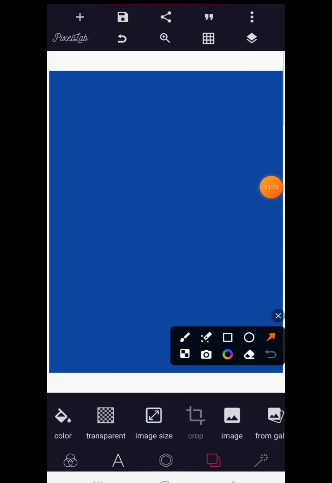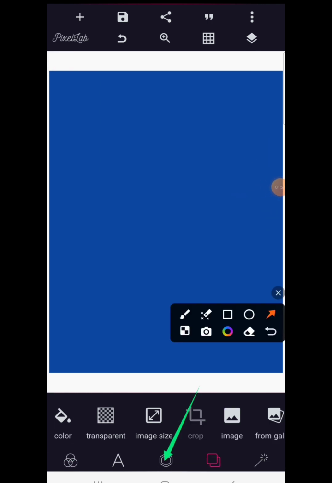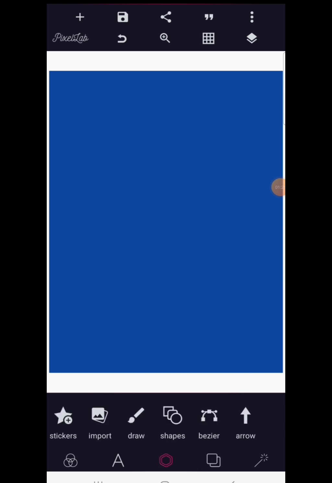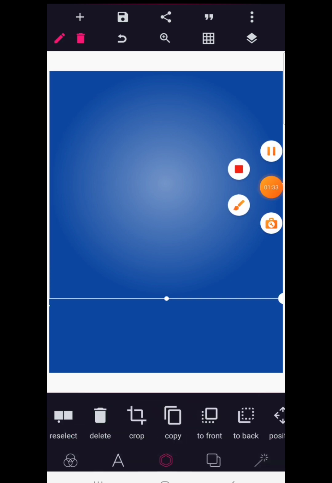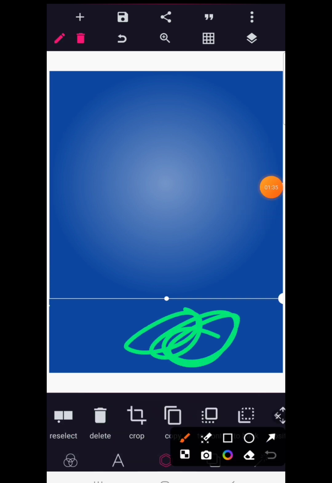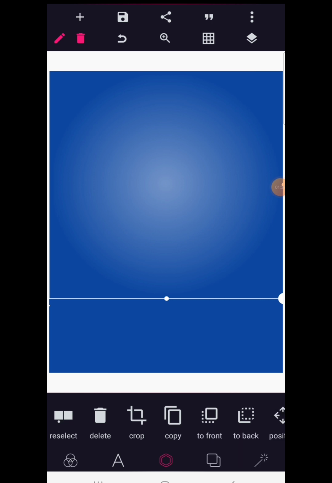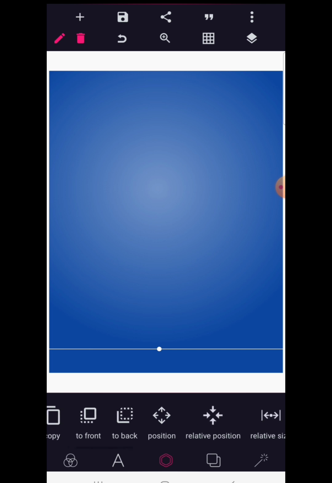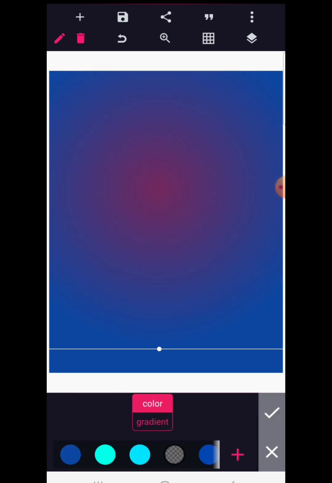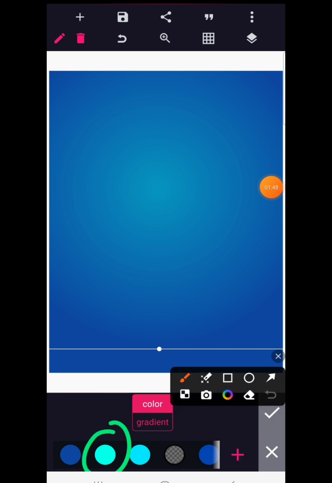So after achieving this, you want to go to your stickers by clicking on this middle button. You click on stickers and you have one here. What happens with the sticker is you just select it and click on the screen, right? If you click on the check mark, it will disappear. So just stretch this out neatly, and let's go to color and change this to also this other light blue